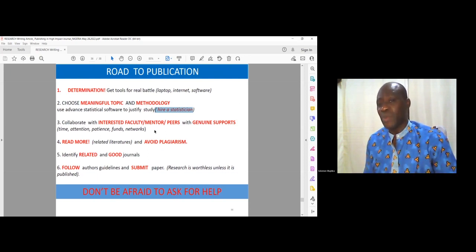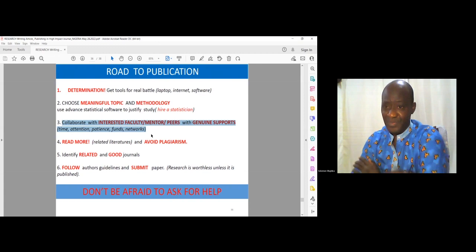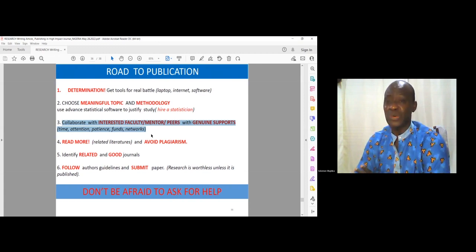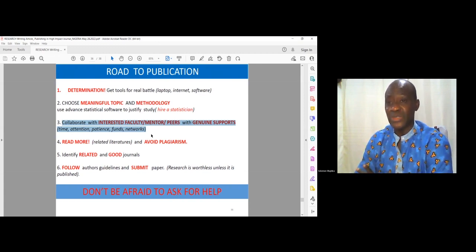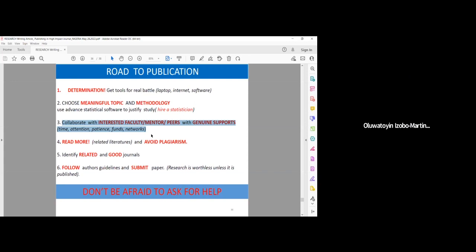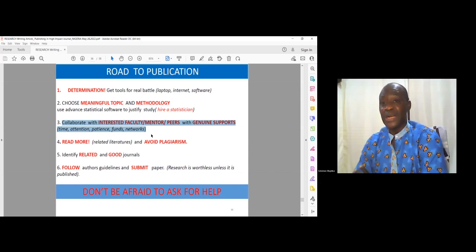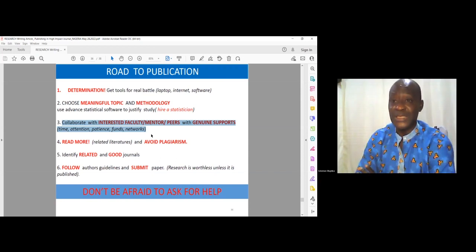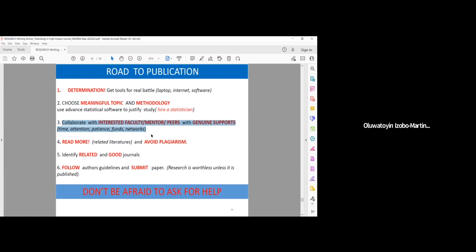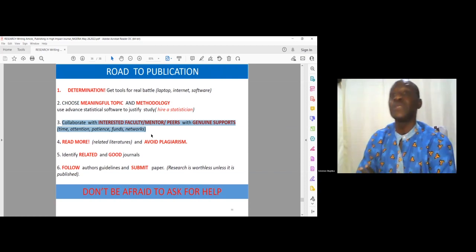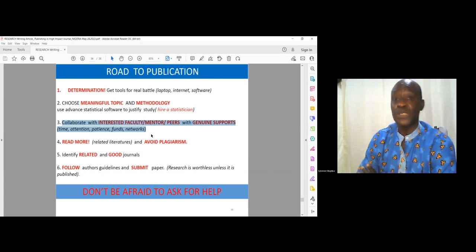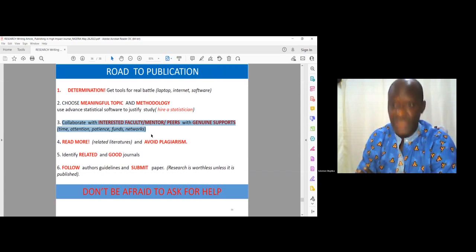Then when you are collaborating, it is not necessary that everybody should be your supervisor. You tell your supervisor, I have someone that has been consulting, that has been helping. During that time, when I want to publish my work, it was through Dr. Wallace, Dr. Tunde Ajagbe. I put them in that paper and I told my supervisor, these are the people that made it for me in 2013, and their name was there.